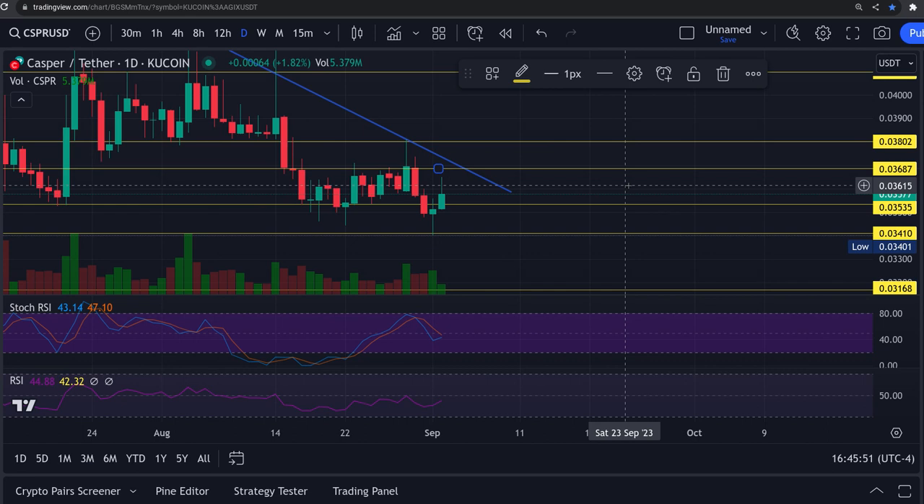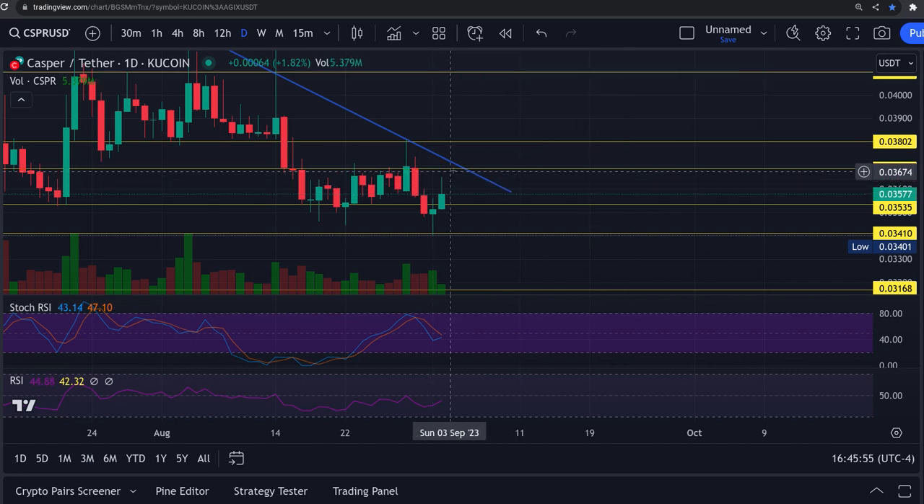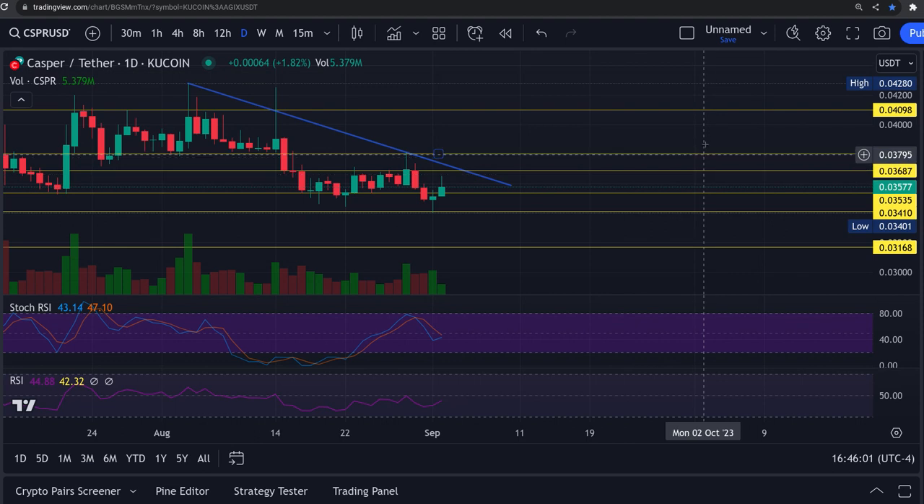Okay, so that 36, call it 37 cents. That's your first area of resistance here. You break through that, then you've got 38 cents next. That's going to be your next area. Then up at 41 cents is going to be your next major resistance after that. Your major support areas are right here at 0.034. And then down at